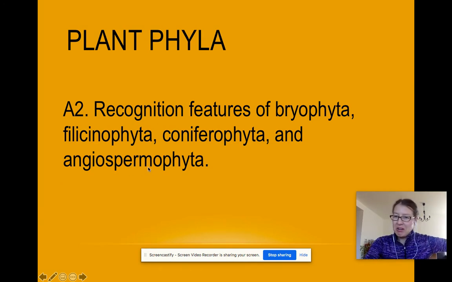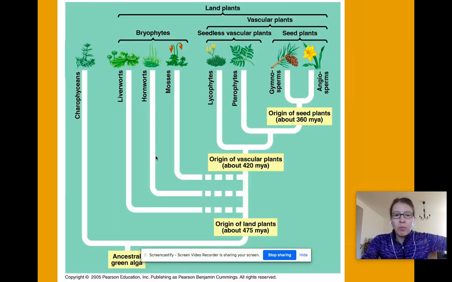You're going to want to make some flashcards, I think, at some point, because you're going to have to be able to talk about the major features of all of them, or be able to distinguish which ones they would be based on the description of a plant. So the first one, Bryophytes,